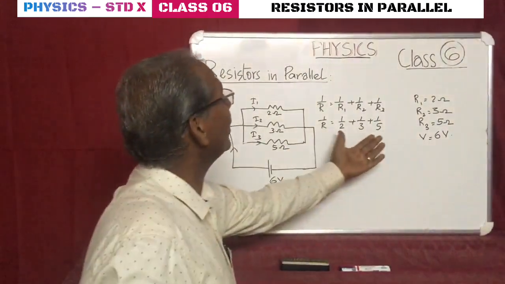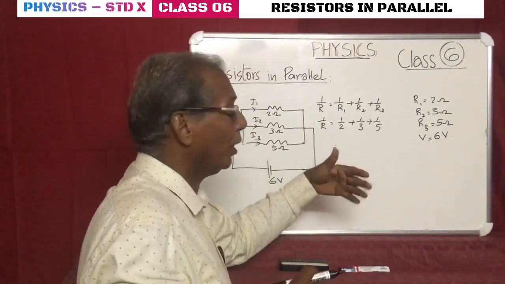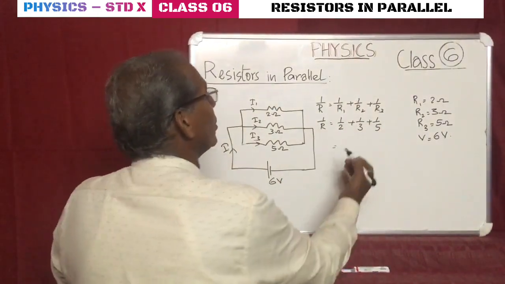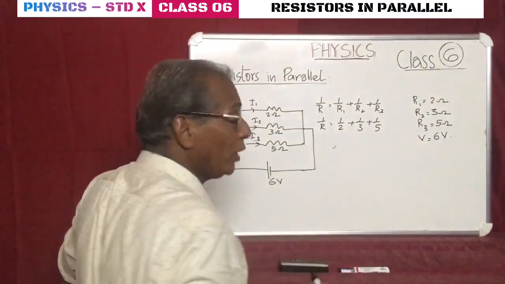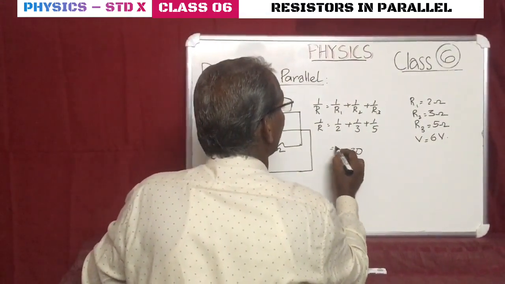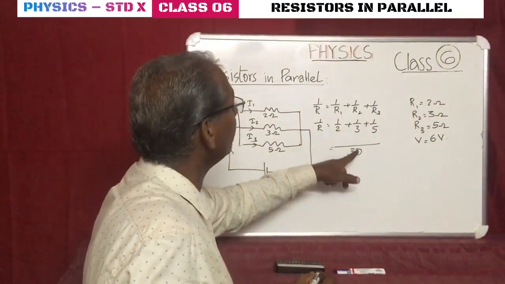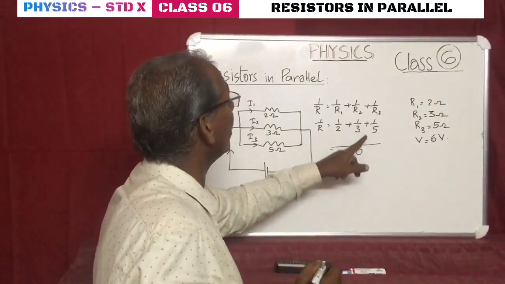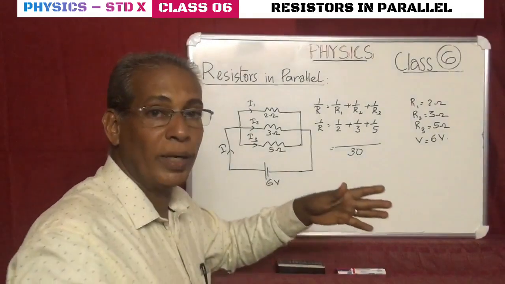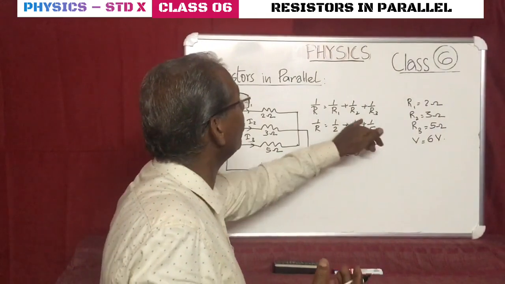So we can do this addition of fractions by making the denominators common. How can we make it common? See, we have 2, 3, 5. The product will be 30. This 30 we make common for all these three denominators. So 2 must become 30, 3 becomes 30 and 5 becomes 30. If it is so, we can just add the numerators. What we will get is the sum of the numerators.